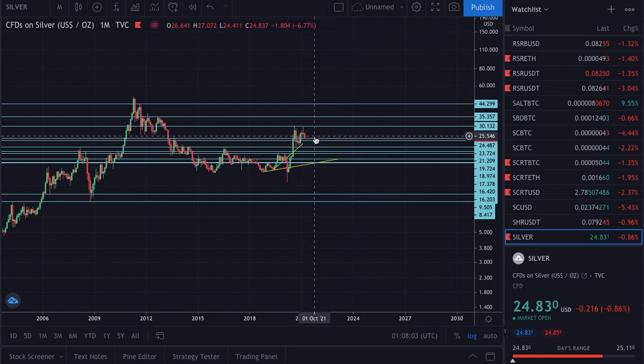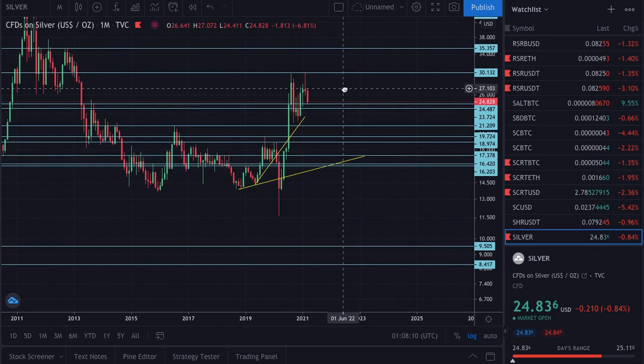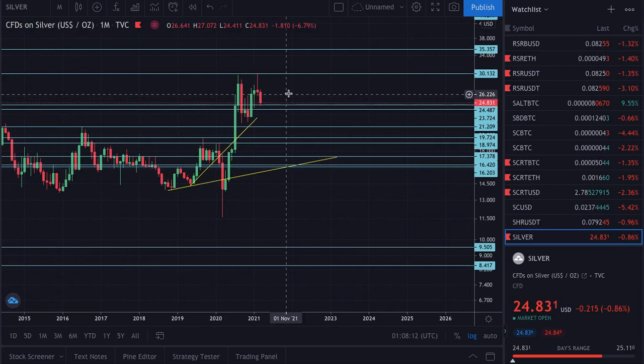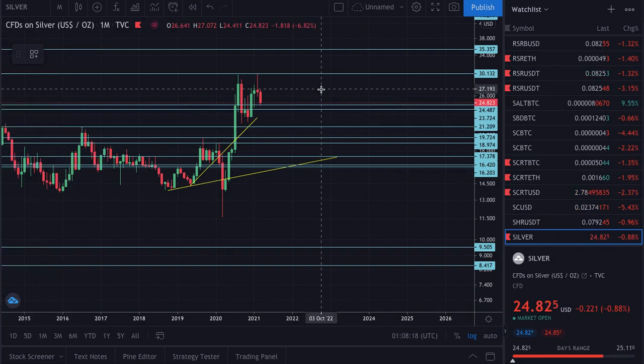I've got to see it clear. Definitely got to see it clear. Let's have a look here. What price do I need to see it clear before I'm confident we'd be moving higher? Let's say horizontal line. I would want to see it clear